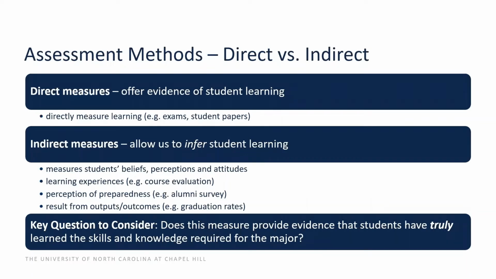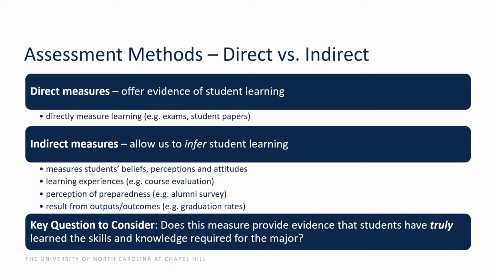When you are thinking about what type of assessment methods are most appropriate for you, we do have this distinction between direct and indirect measures. So direct measures are offering explicit evidence of student learning. And so this might be measures that are directly measuring that. So things like exams, student papers, capstone assignments or projects, those are very direct ways of seeing what the student